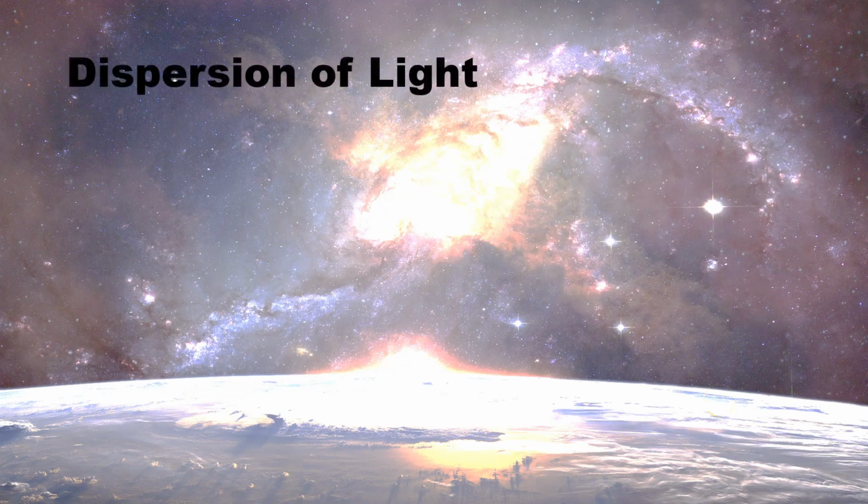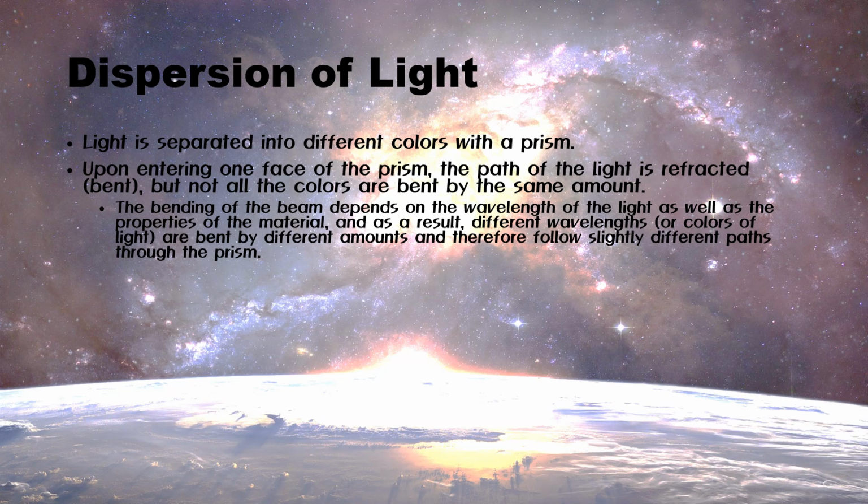And so light actually has some dispersion properties that we can look at. Light is separated into different colors with a prism. Upon entering the prism, the light shining in is going to be refracted, or bent. And one of the things to note is that the colors are not all bent by the same amount. The bending of the beam is very dependent on the wavelength of light that is passing in,